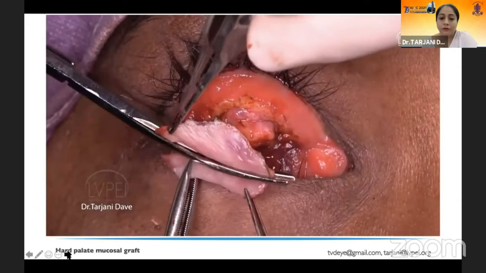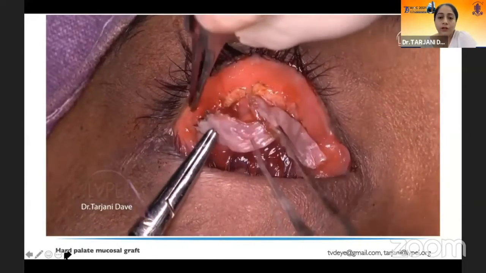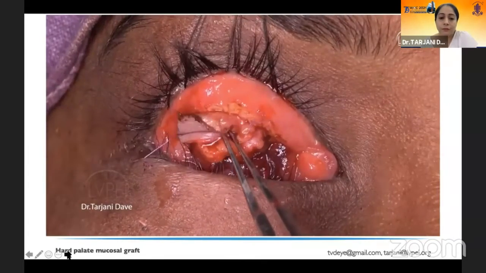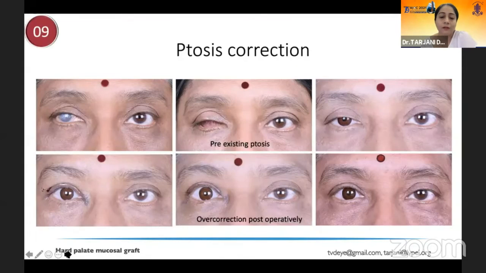So that's the placement of the graft. It can be divided and used in both upper as well as lower lids, or can be contoured to fit your defect better. And this is the sort of outcome that you can get when not only do you have a very nice looking prosthetic eye, but an excellent correction in entropion along with the evisceration.